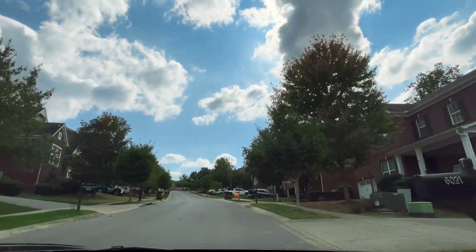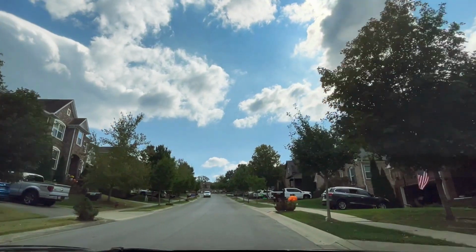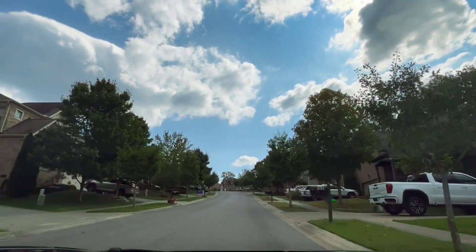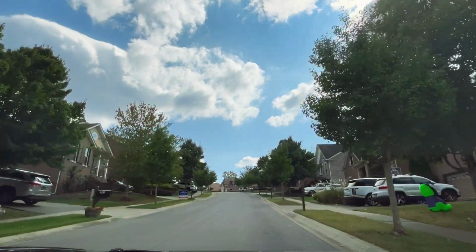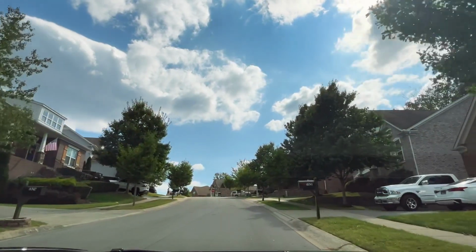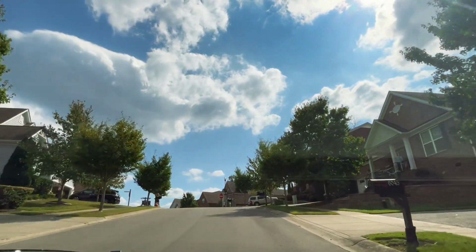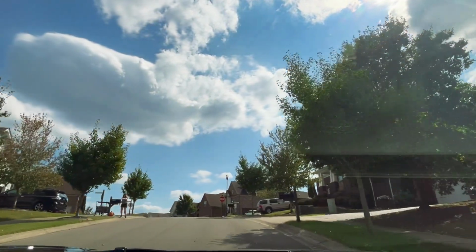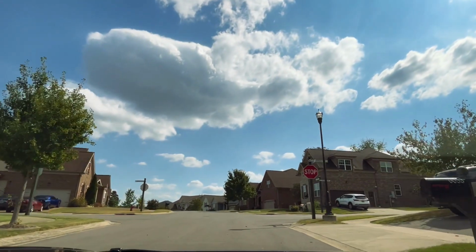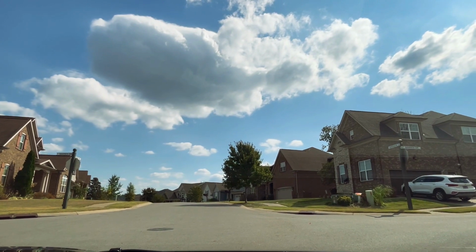Okay, so we just made a left on Christmas Drive. And as you can see, I hope you can see, we got another pretty steep incline here that we're heading up. And also, the houses to the right of us, they back up to woods right now, but this is one of the areas that I wanted to call out, as the property behind these houses and the property behind the houses on Warren Drive, which we're about to make a right on, the houses that are going to be on the right,